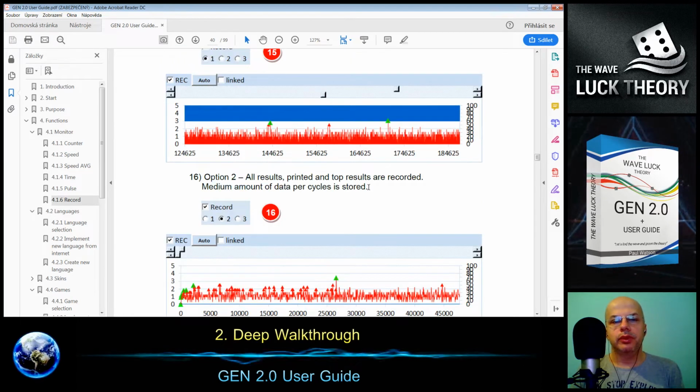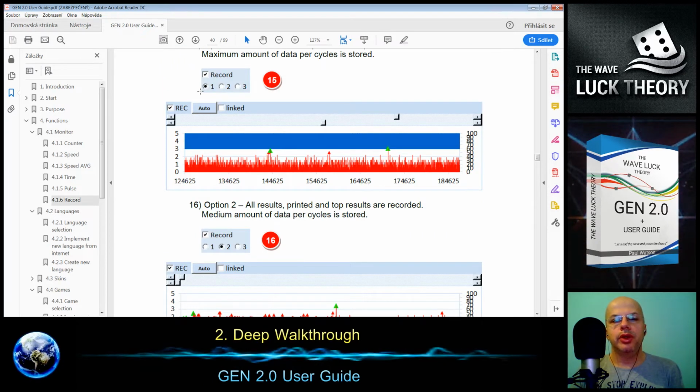So then we have here 3 options. The first one is showing all the results that passed the gene, and also the best and all printed results, and also the amplitude curve.